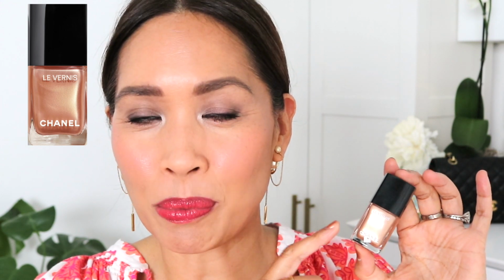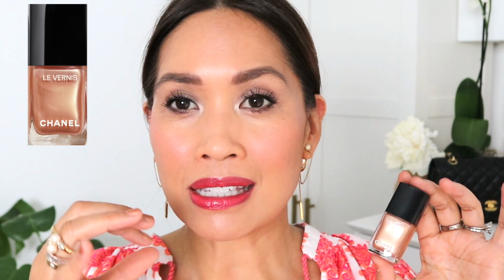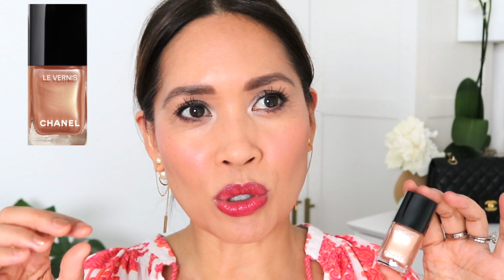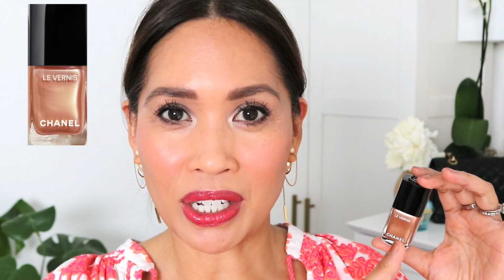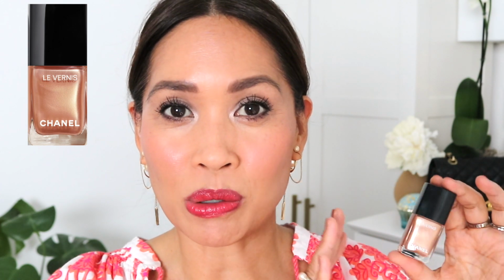And this is the perfect kind of formula, or I don't know if that's what you call it when you talk about the whatever shimmery in there. Sometimes when it's too distinct in terms of the particles, you can see the brush strokes in your nails when you paint them, which I don't like. That's probably one of the reasons I don't do my nails, is because if they're not perfect, then I'd rather have no nail polish. So this is really even going on, really easy nail polish to apply, and it looks